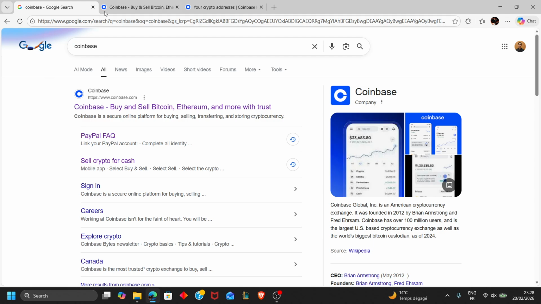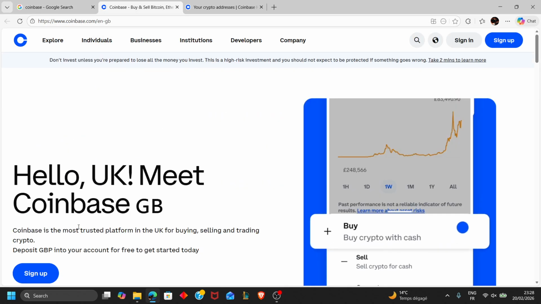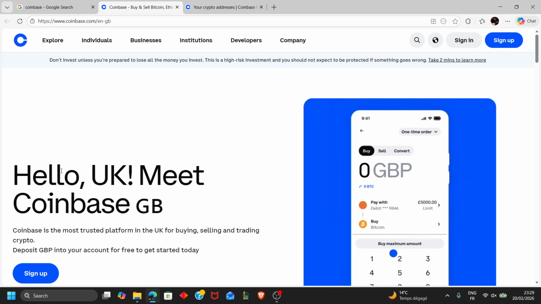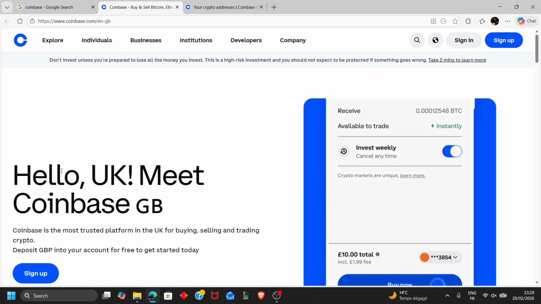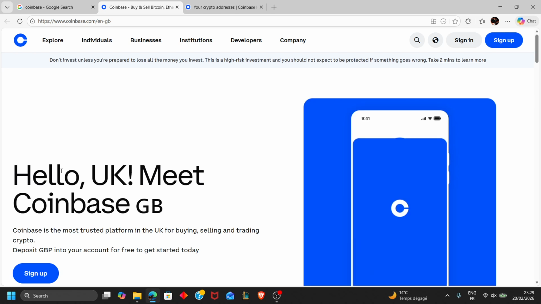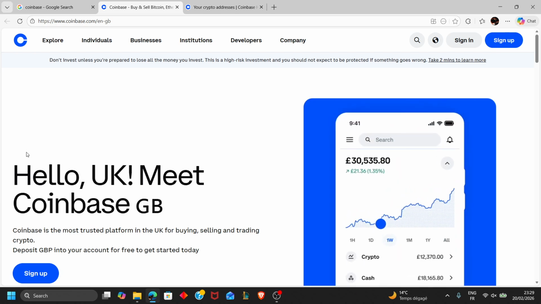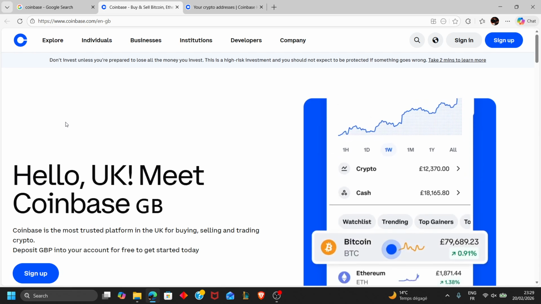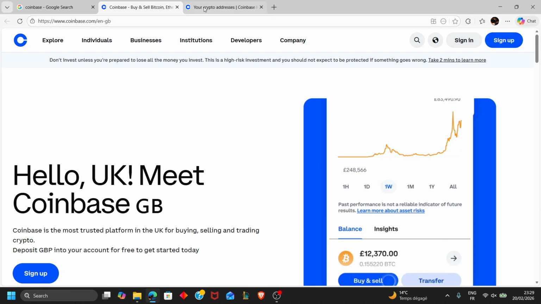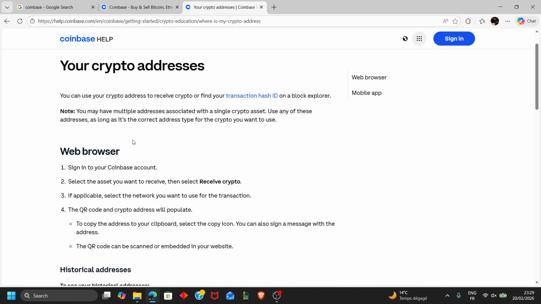Now, once you access the website or the application, you're going to click on sign in if you already have a Coinbase account, and if you don't, you're going to click on sign up and proceed to making a new account. Once you finish setting up your new account, make sure to log in to the Coinbase app or website. And once you're in your account's dashboard, you're going to tap on the home page and tap